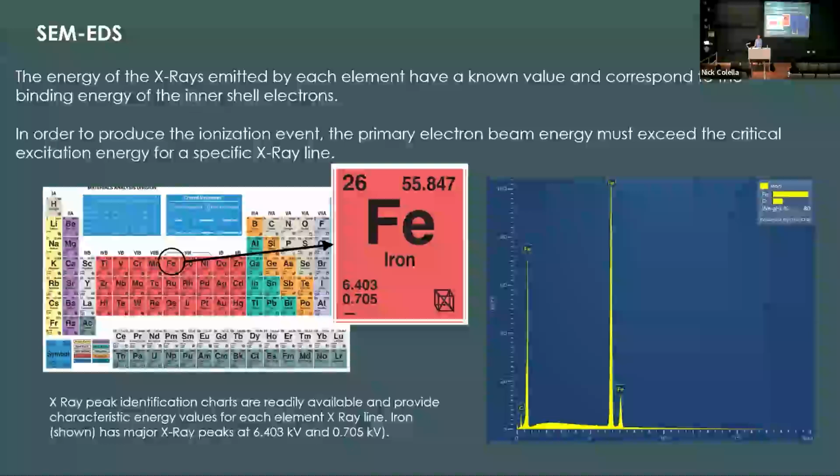So at the beginning, I mentioned that our acceleration voltage range goes up to 30 kV. A lot of times when we're using these higher acceleration voltages, that's when we're doing the EDS analysis, depending on the materials and the elements that we expect to have present in our specimen. So we expect these peaks at 6.4 and 0.7. And fortunately, when we look at an iron spectrum, we see a peak at 6.4 and 0.7. So it's nice when things match what you expect them to.